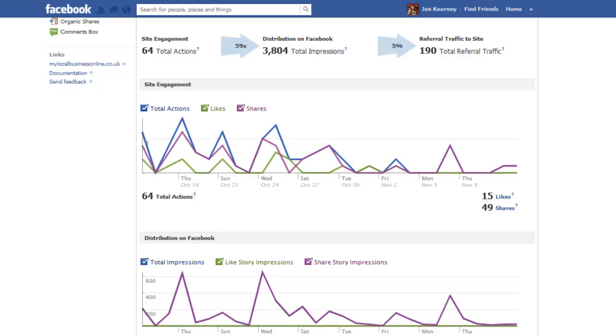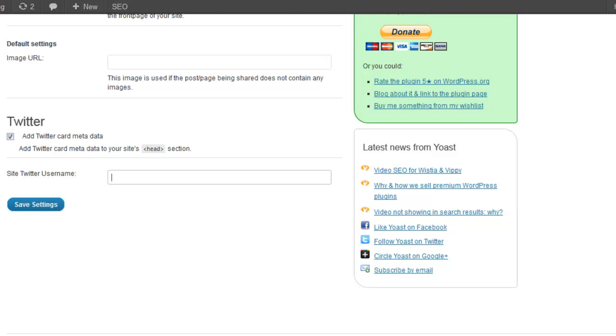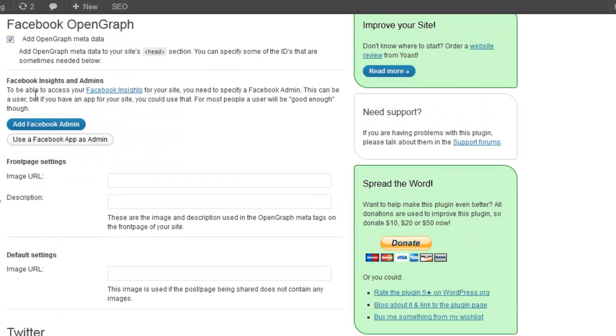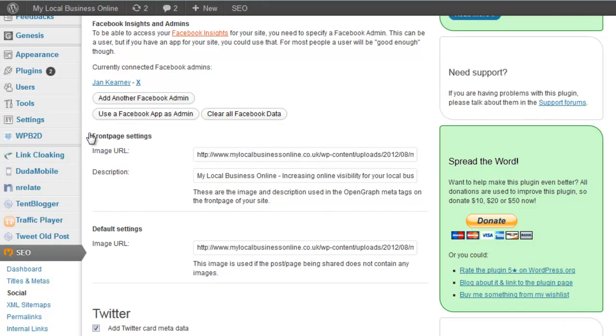If I pop over to a test site here, you'll see if you haven't connected your website to Facebook, you can add a Facebook admin. Just click that button and follow the instructions. It's quite simple. You also want to set your front page settings, which is a default image URL and a default description and a default image here.